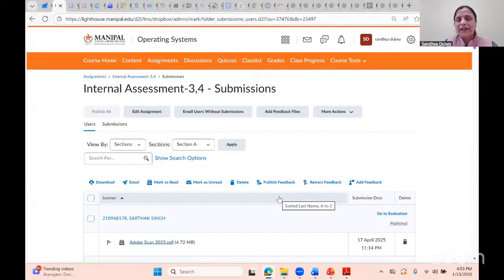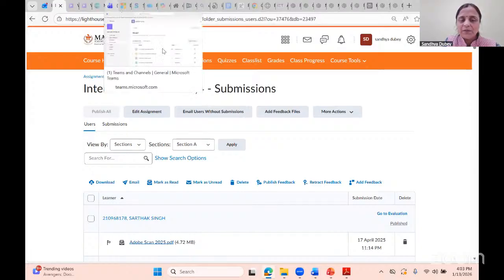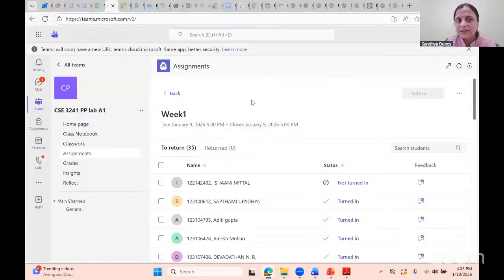I mainly wanted to concentrate on quiz and assignment. If not, I think, but Teams is also paid only. MS Teams is the second option that we use. I don't think it is a free one. It comes from Microsoft. If you have the Microsoft login, you get all these apps.